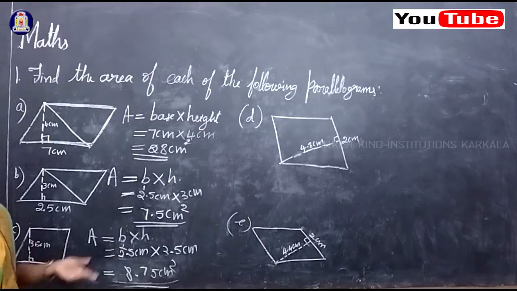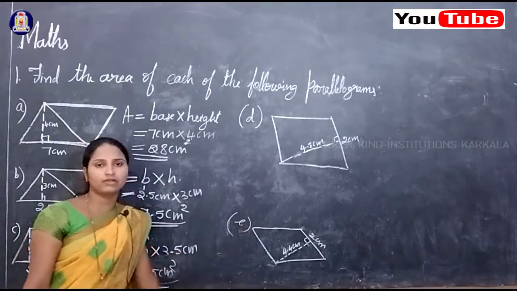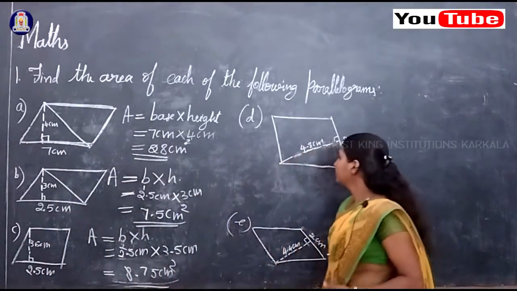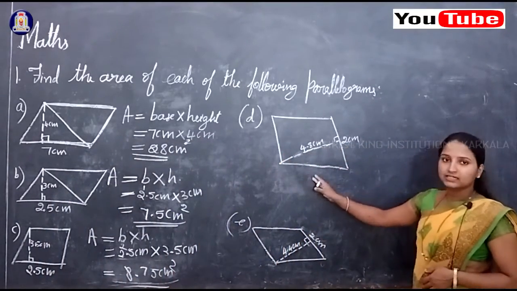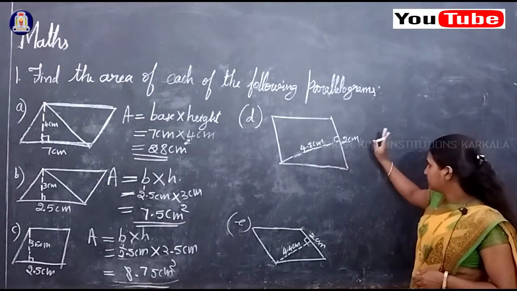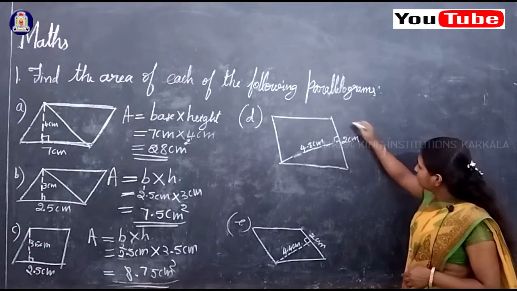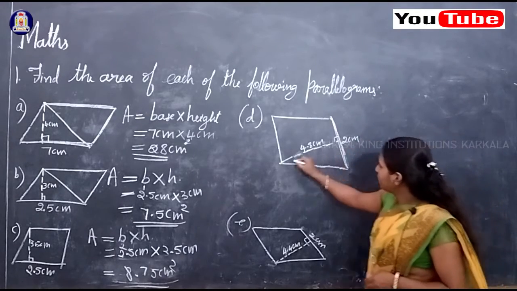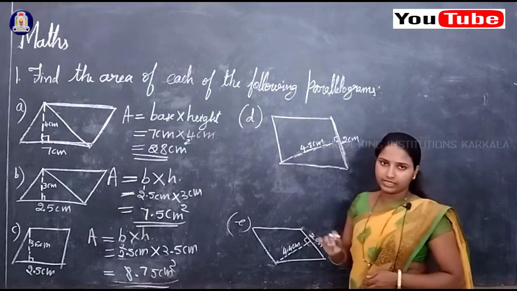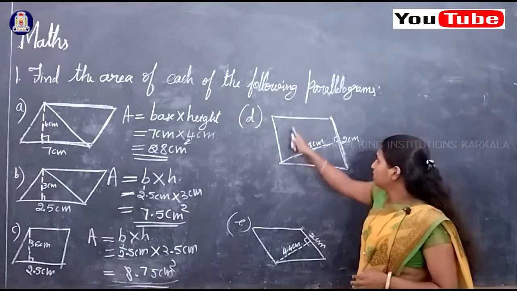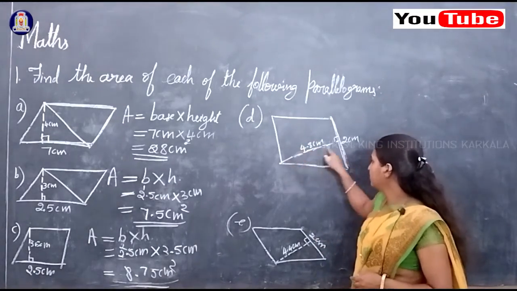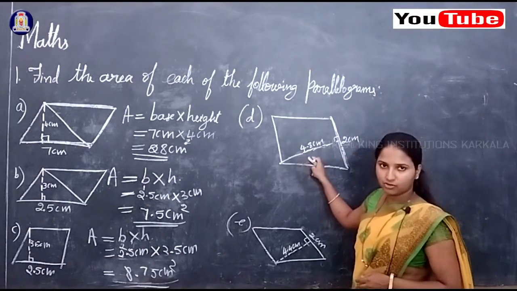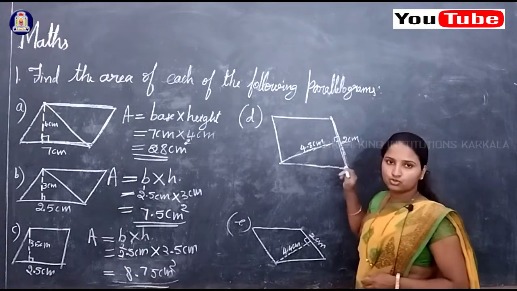Okay, we can solve the fourth one and fifth one now. If you observe the figure, in the fourth and fifth the parallelogram is given like this. In this you have to consider this as the base. Base of the parallelogram is 2 centimeter and height of the parallelogram is 4.8 centimeter. Clear? Actually the height is not given like this, it is given as a cross line. So you have to consider this as the height of the parallelogram. Base is 2 centimeter.